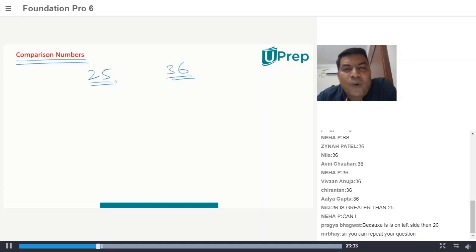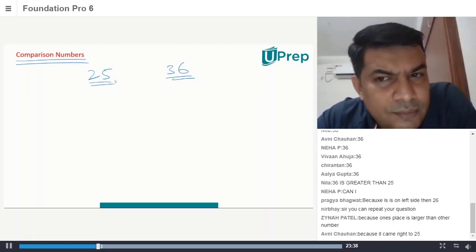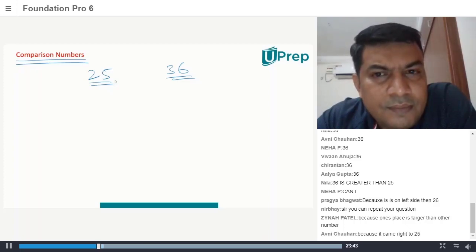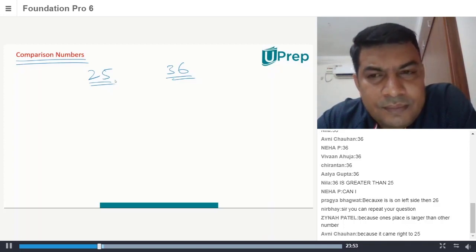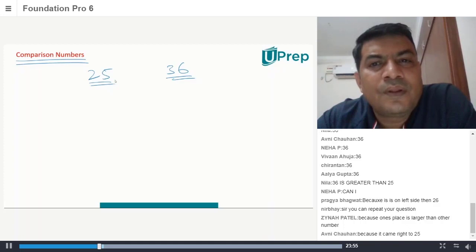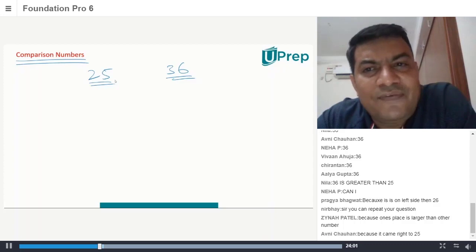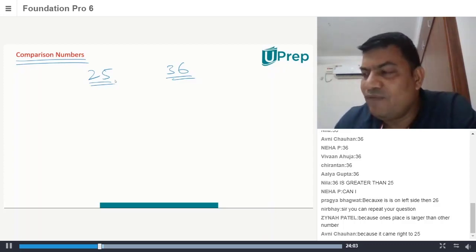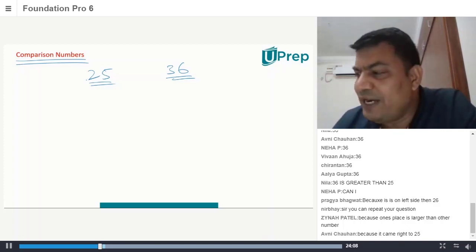Very good. So why are you checking 2 and 3? We can check 6? No, because it is in the tens place. I first checked the ones place, then I checked the second, but for a fast explanation I said we can look at 3 and 2. No, you are always supposed to look at the number on your left-hand side, because you have learnt in your basic schooling.